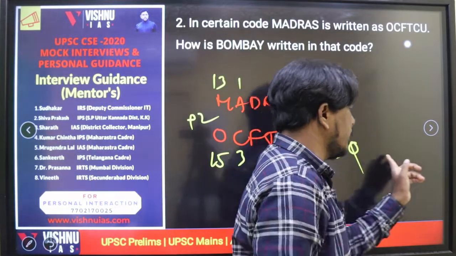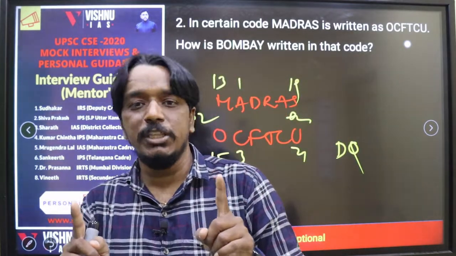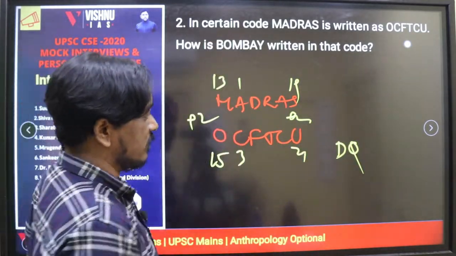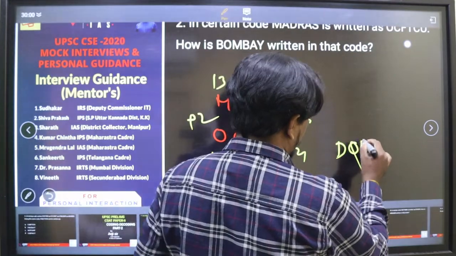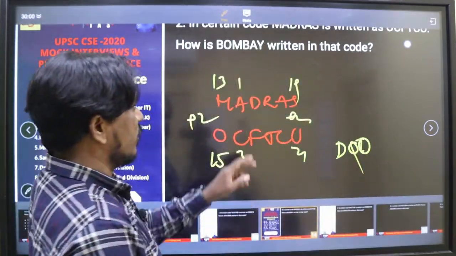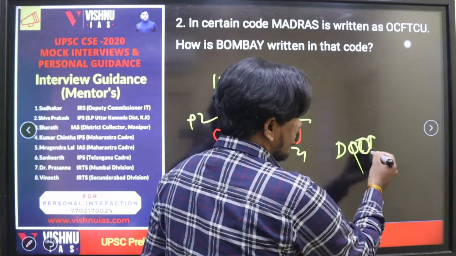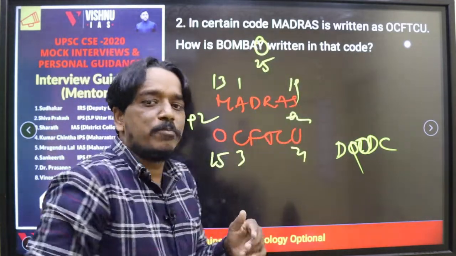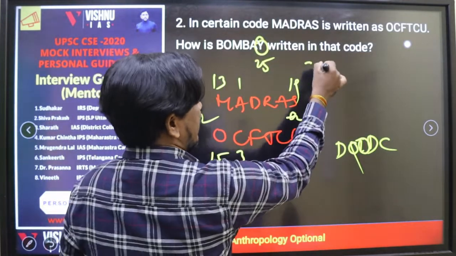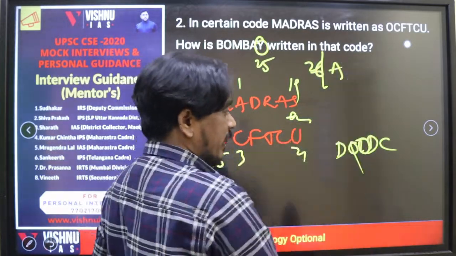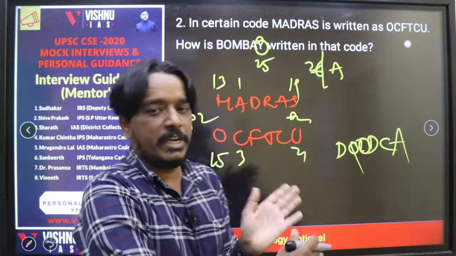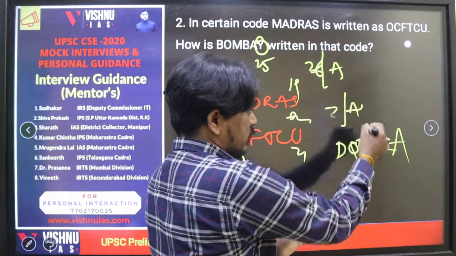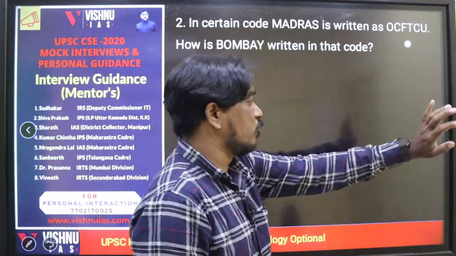But in the exam, no need to write everything. You have to eliminate the options because we have options. Based on options, we have to eliminate by seeing the starting letter or ending letter. So M is 13, 13 plus 2 is 15, 15 means you will get O. Similarly, B, D, A, C and Y. Actually if you observe, Y is 25. 25 plus 2 is 27, but actually 26 letters are there. The 27th letter we can take as A directly, so we should not get confused. Clear? After Z we can start A, or before A we can take Z also. Minus 1 means that. Clear? Like that we have to answer different types of questions.